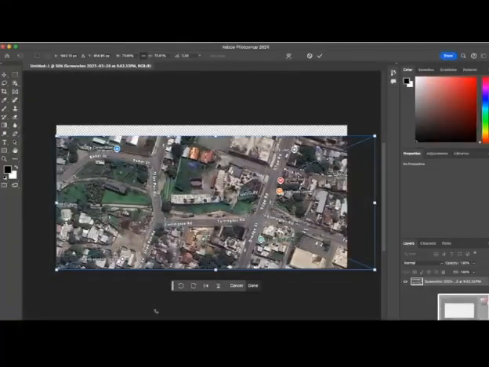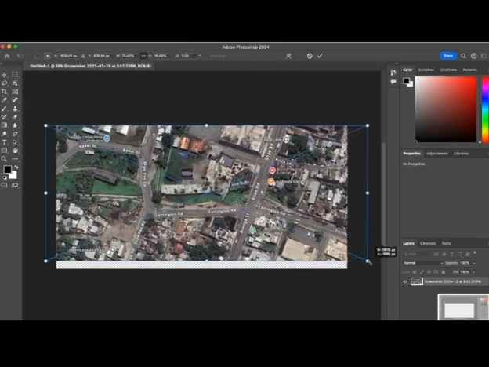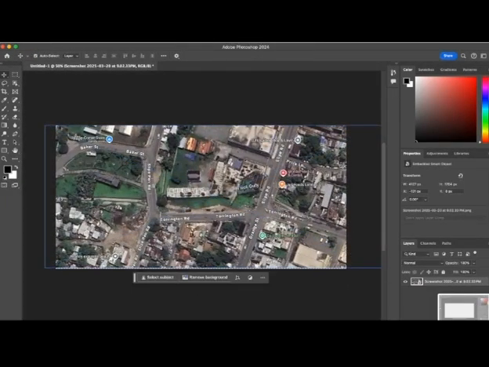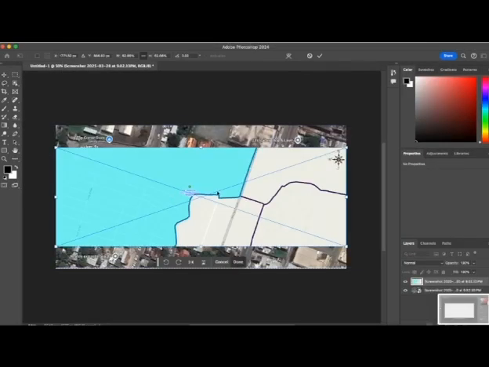Basically what I do is I place the screenshot of the Google map on the canvas like this. So this is the Google map, and then I take the screenshot of the EOJ and I change the opacity, which is basically the transparency of it, so I can see through it